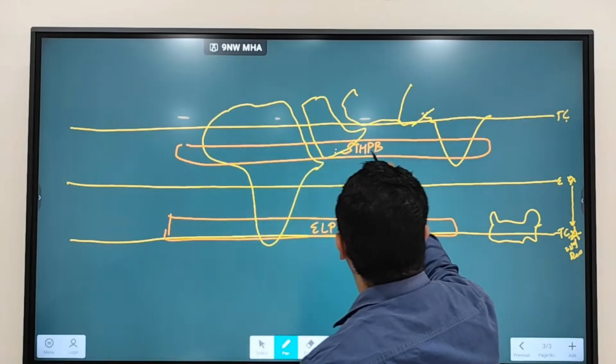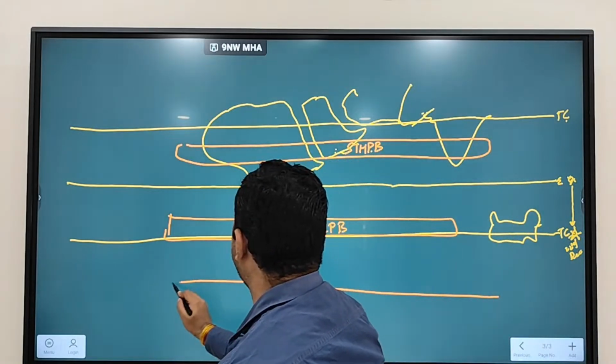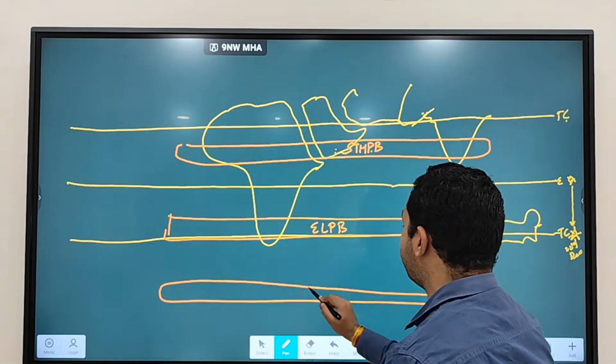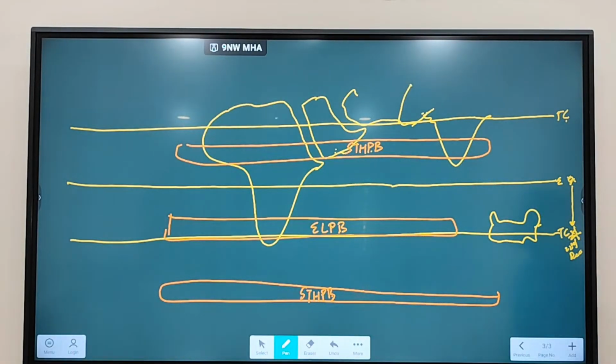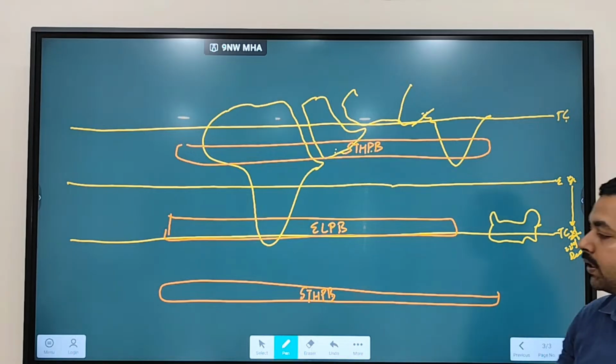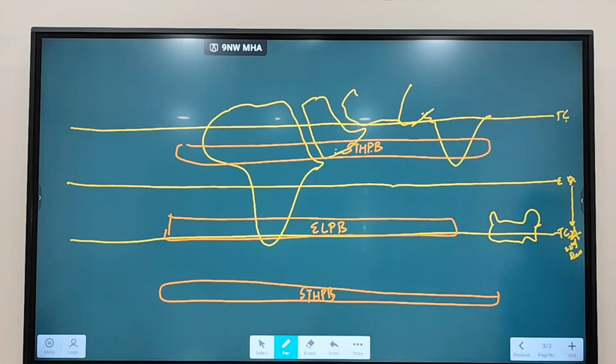Subtropical high pressure belt is going to form over here, and here what is happening? Subtropical high pressure belts are going to be formed. So a high pressure belt is going to be formed like this. Fine. So now, if you remember this diagram,